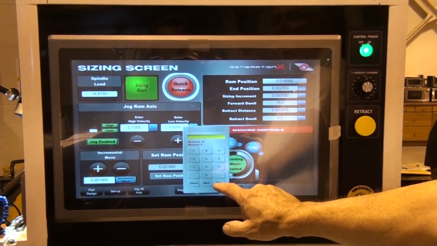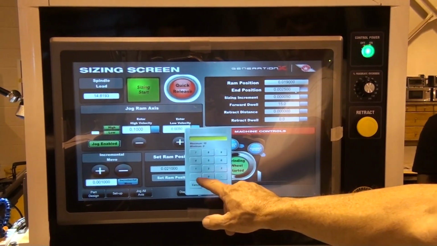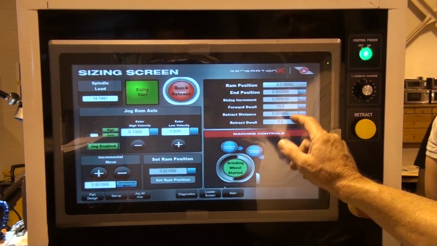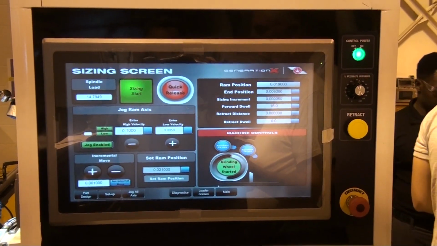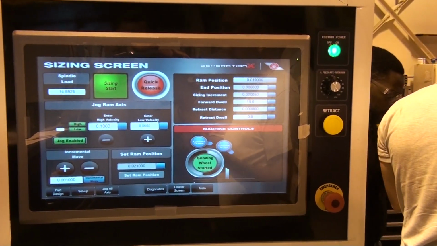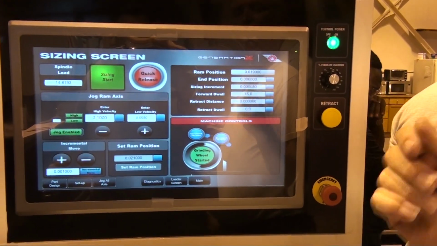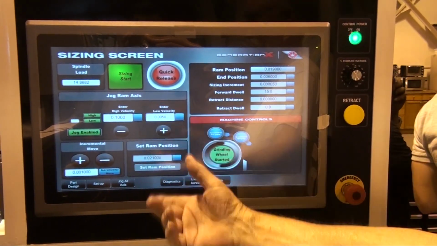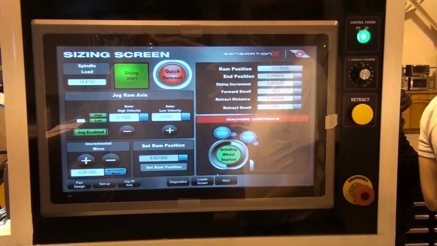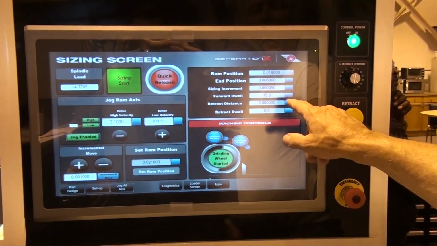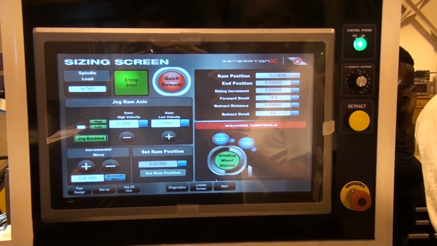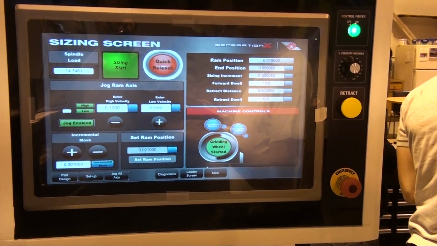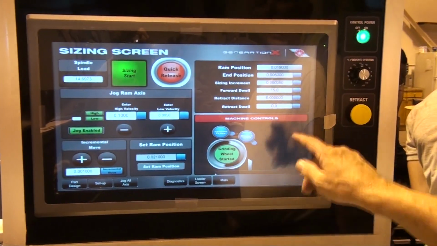We enter in here the size that we want to go down to. We generally stop a few thou above. To test it, after we get down to that point, we grind the wire to see if it's actually at 6 thou. And if it's not, the measured amount goes back in this window, and we reset the ram position to the measured amount of that round wire. The sizing increment, it sizes in steps. The machine moves that amount into the blade,